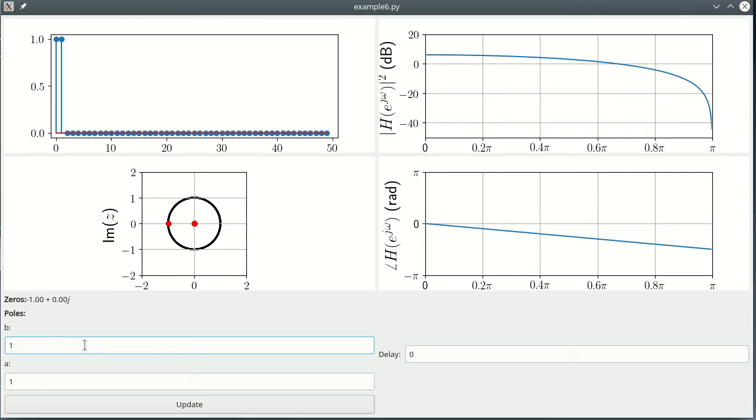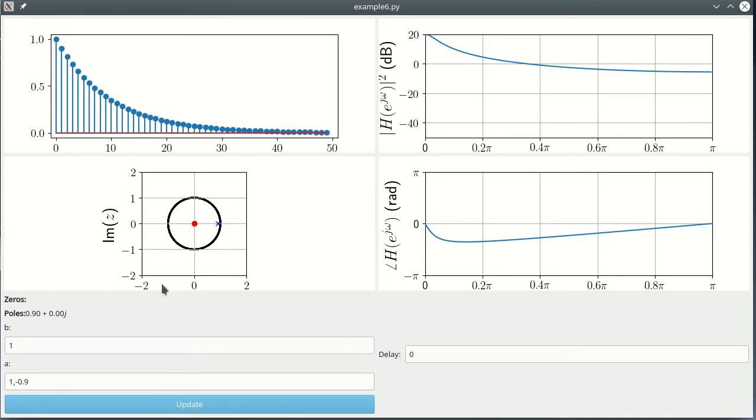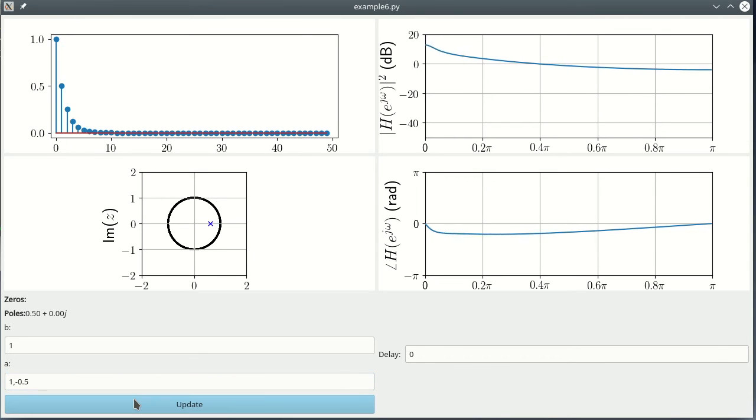Let us look at something a little more interesting. What about 0.9 power n u n? You know that 0.9 power n u n has a z transform of 1 upon 1 minus 0.9 z inverse. So in this case, there is a pole at 0.9, and that gives you this kind of impulse response. So let's try changing that 0.9 to 0.5. You will see that the pole moves closer to the origin. It moves to 0.5. You see that the sequence decays much more quickly, and you see that the magnitude response